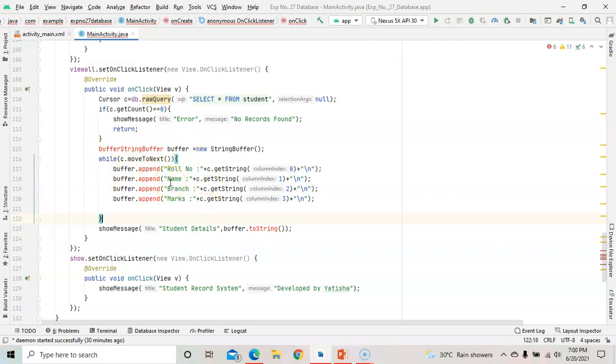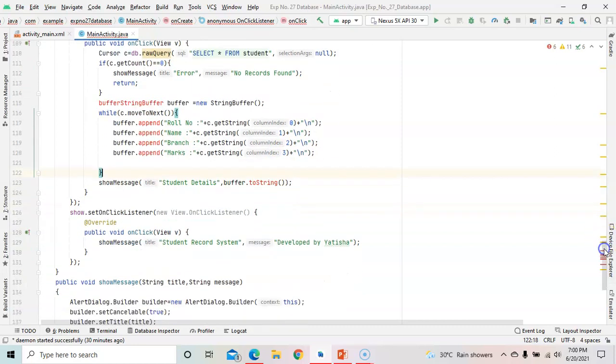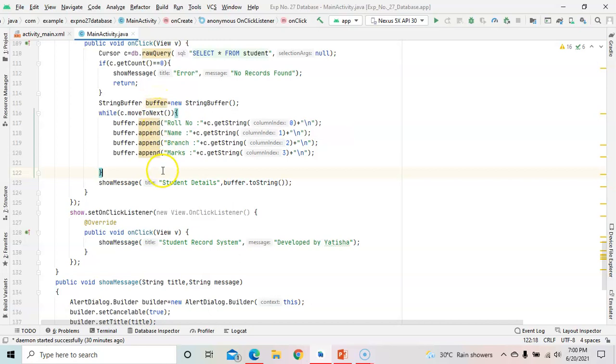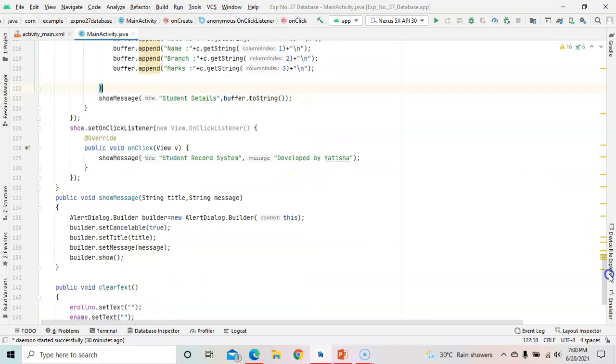show you one dialog box. Okay, it will show you one dialog box, and in that dialog box all the information which you have added related to the buffer class will come. So all the information you have added in the database will come by using a string buffer. Now show message student details. So it will show you a message, student details, and it will show you all the information which you have added in the database by using a string buffer class. In the buffer object it will store all the information to show you. Okay, so this is the program of database.